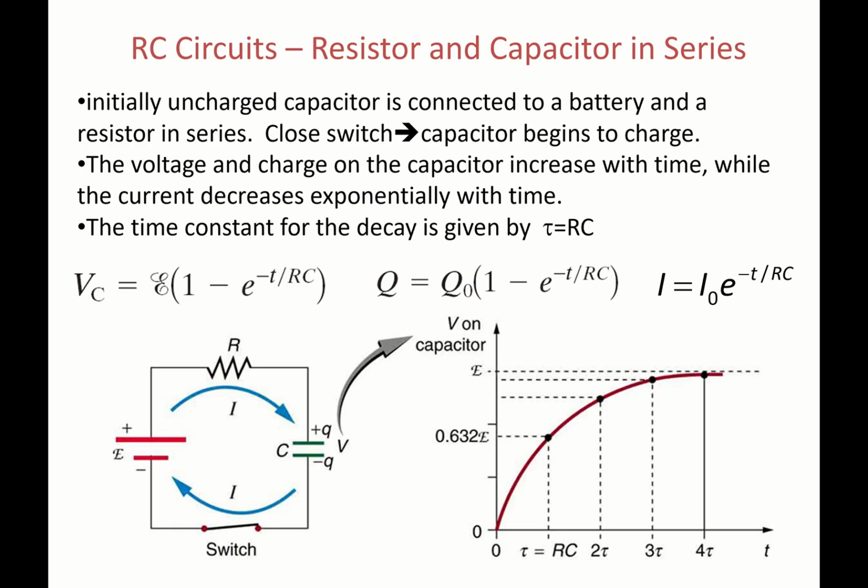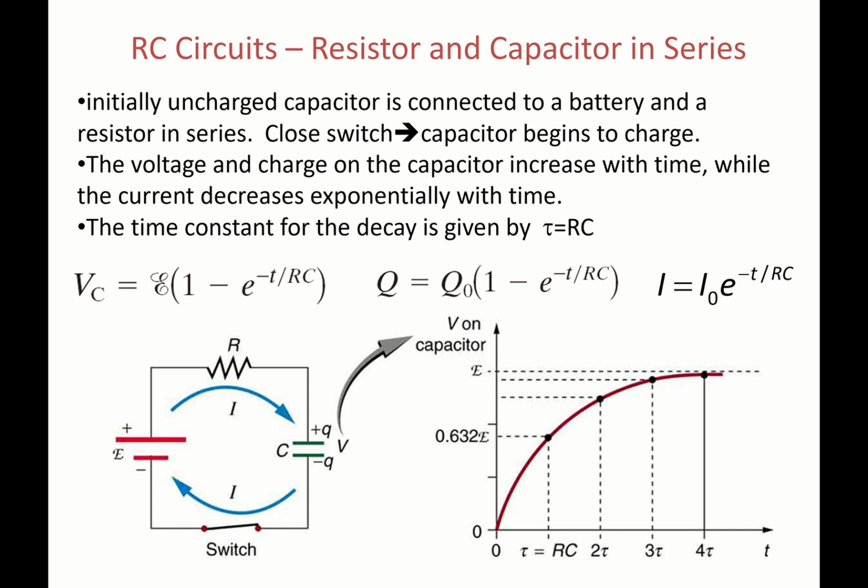So in the last lecture for the circuits chapter, we're going to look at what happens when we put resistors and capacitors together in circuits. So just a quick review of what was in the main lecture. When we hook up a resistor and capacitor in series to a battery, charges flow from the battery onto the